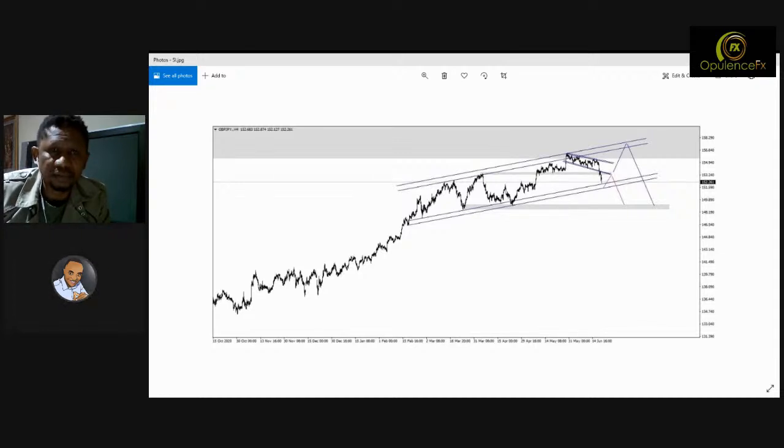So what I'm seeing now is that it's on support, all the horizontal supports as well as the trend line support, the inner trend line inside. So I'm thinking around that area gives a lot of room or potential for this market to do a bit of a bounce back towards the resistance where it broke. Is it the GBP JPY, or GBPUSD?